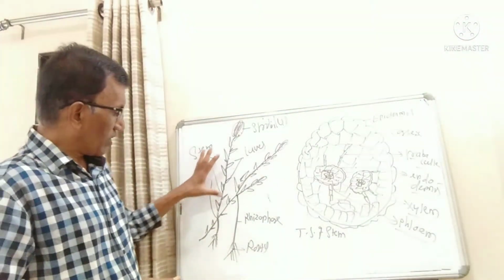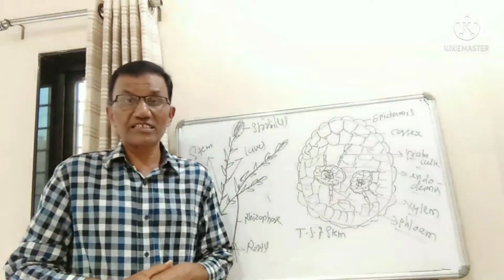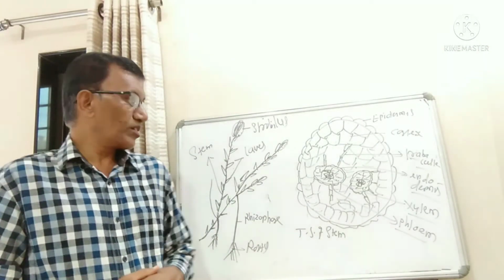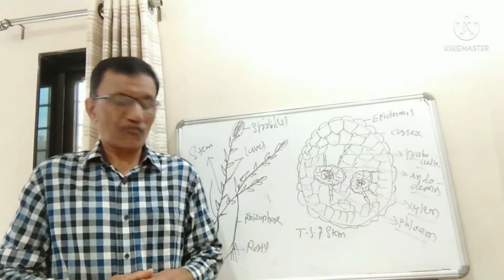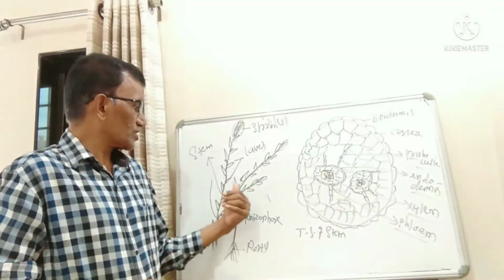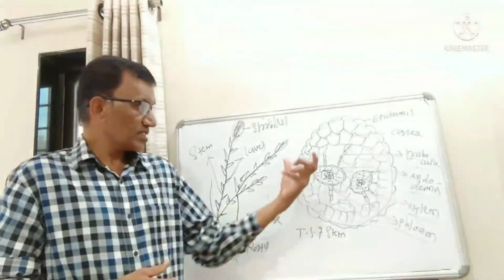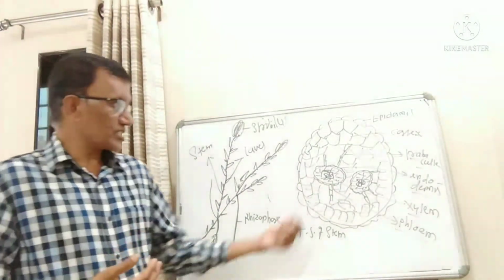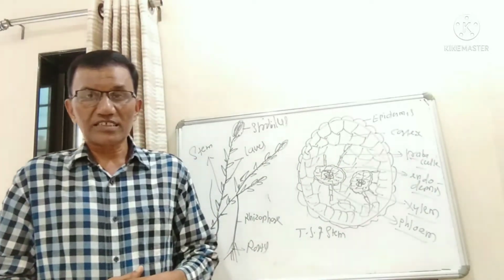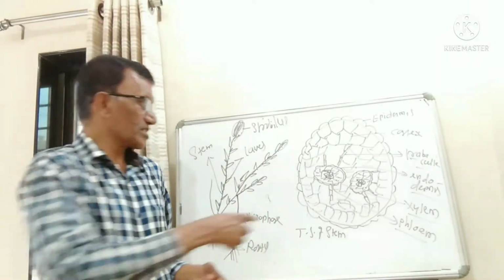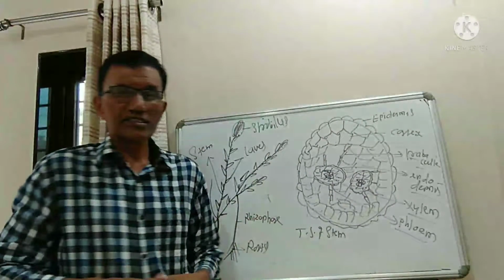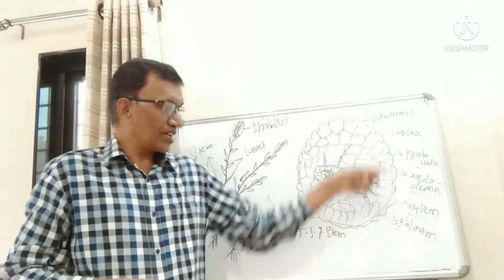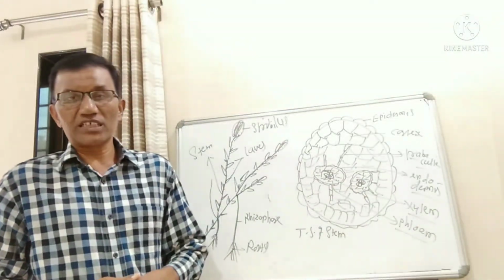Then after the external characteristics of Selaginella, you have to study the internal structure of rhizophore, root, stem and leaves. While explaining the internal characteristics, you have to take the transverse section of the stem. The transverse section of the stem consists of an outermost layer of simple compactly arranged cells known as epidermis. If it is an old stem, it is covered with cuticle,